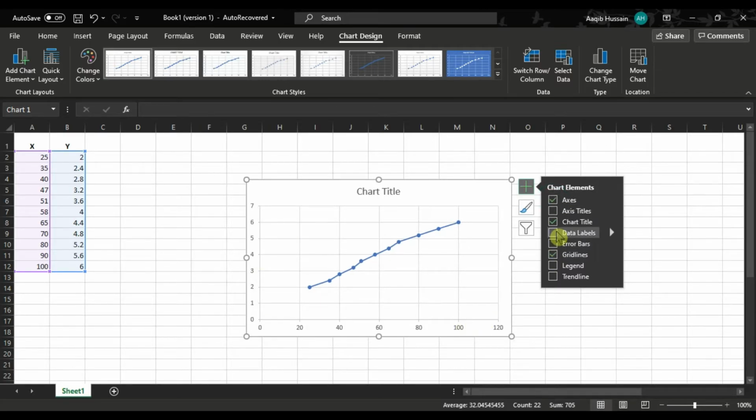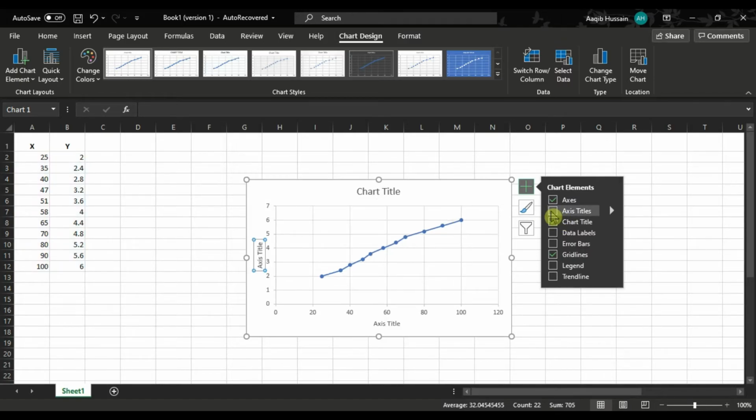You can also add a title for the axis. Let's suppose the x-axis shows the distance and the y-axis shows the velocity, so then you can write it here. And this is the data labels. The y values are represented, each point represents values, but we are disabling them now.